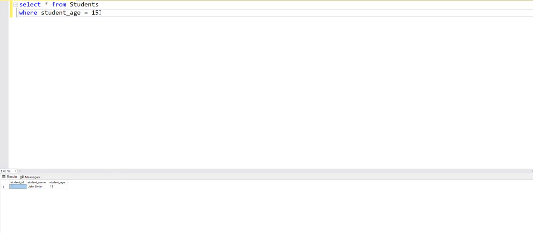And let's say that we want them to be older or equal. So this will filter, and it is not displaying the student that has 14 years old. This applies for this less than operator as well, 15 and 14 only. Okay, and let's say that I want to remove this